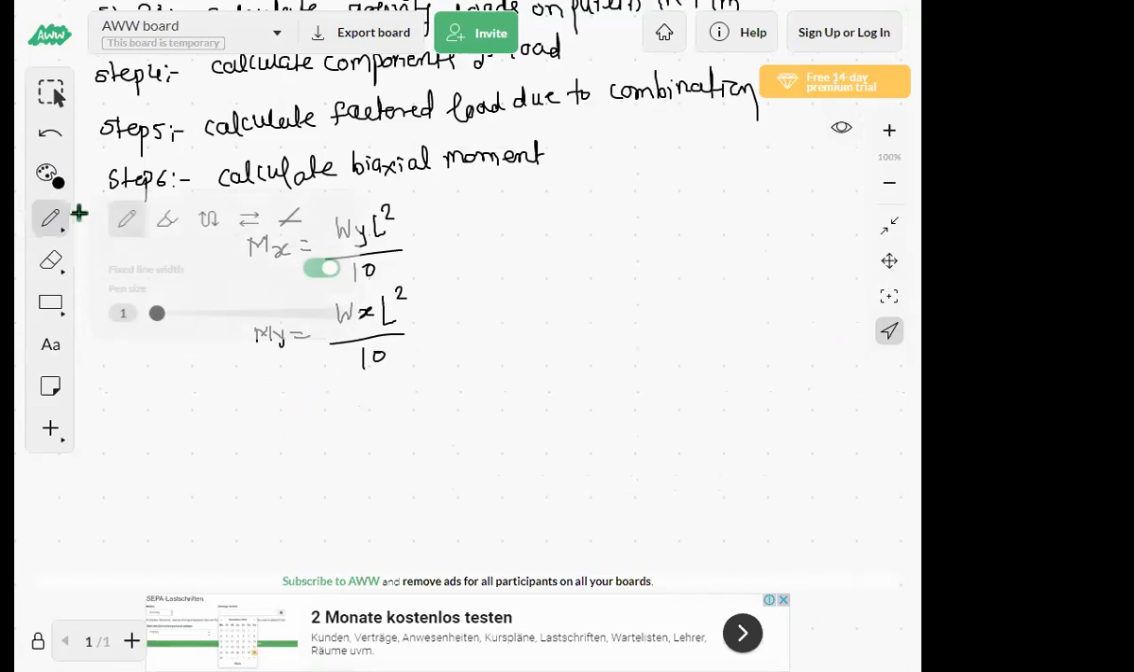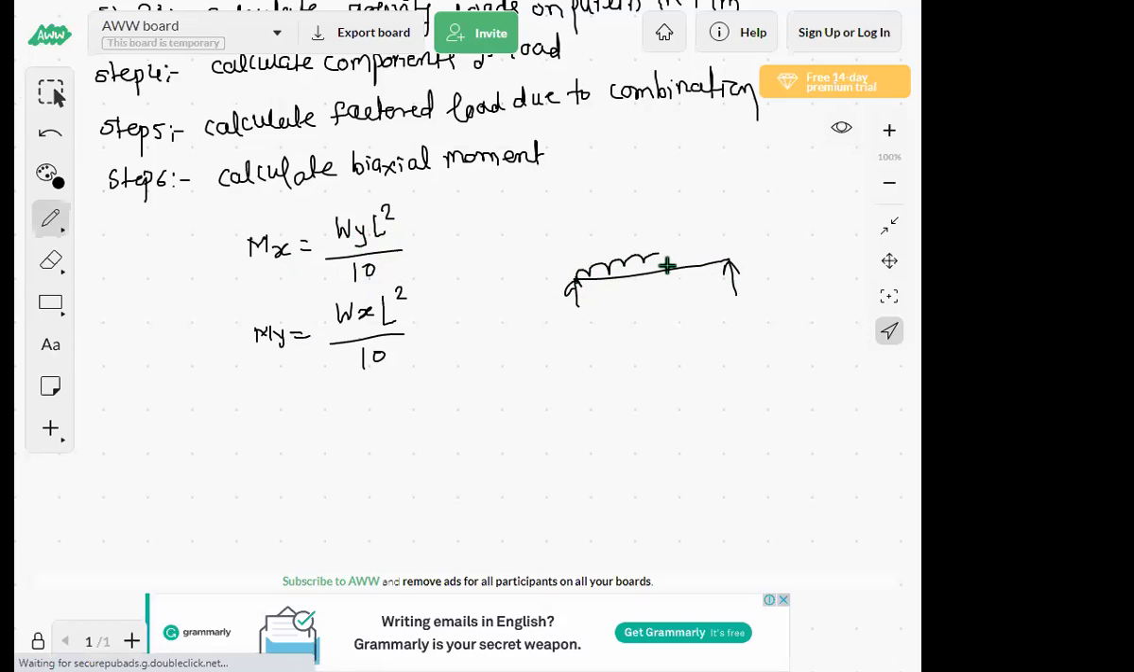So this is step number 6. We have to keep these formulas in mind, because sometimes in examination these formulas will be asked as an MCQ question. Mx and My, so Wy L square by 10. This 10 is very important, because generally for a simply supported beam subjected to UDL, we are using the formula for moment WL square by 8. So same effect is there here also, but